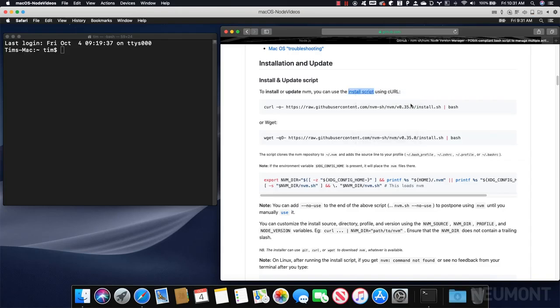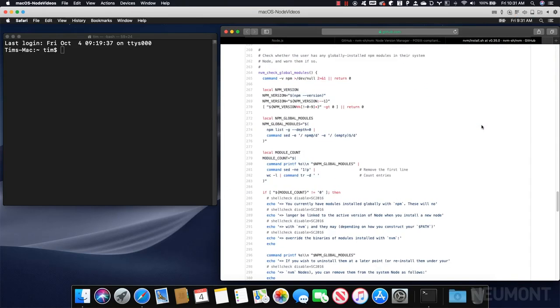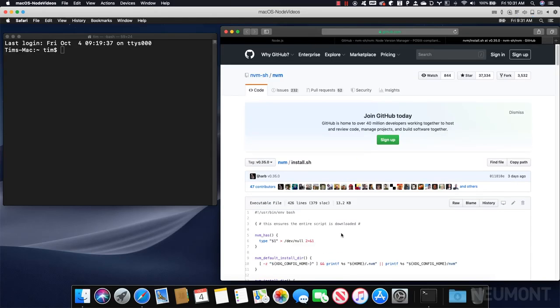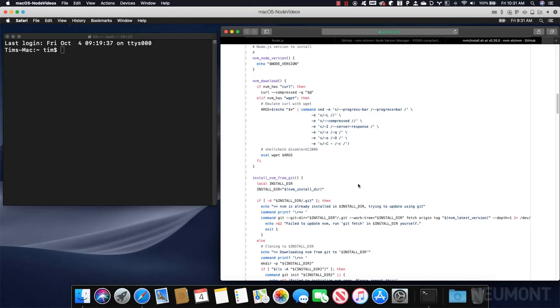So let's go ahead and look at this install script really quick. I'm going to go ahead and open that up in a new tab. Go ahead and look down at this. So this script right here is what would be run. It's install.sh. So it is a bash script, or a bash shell script, that goes through and makes modifications to